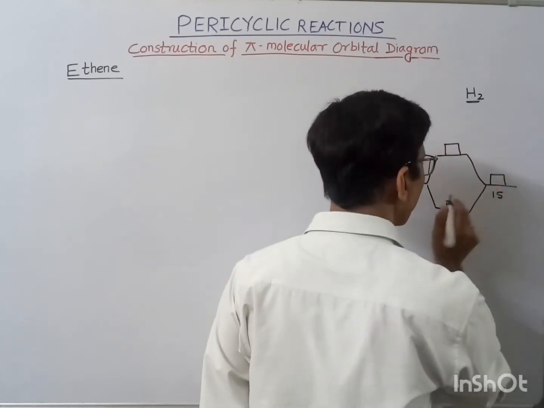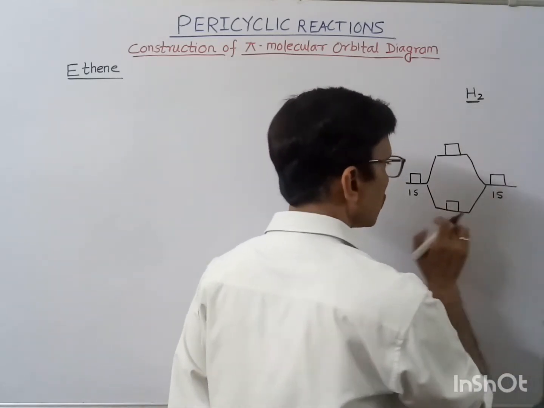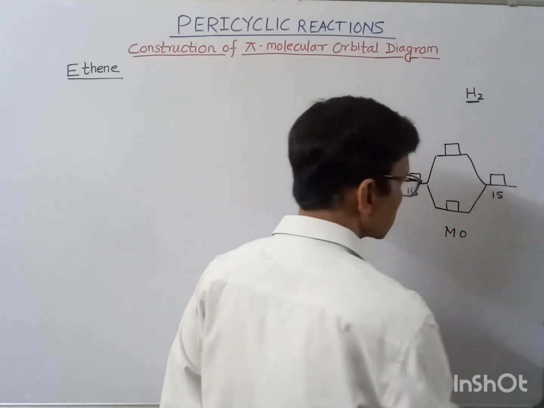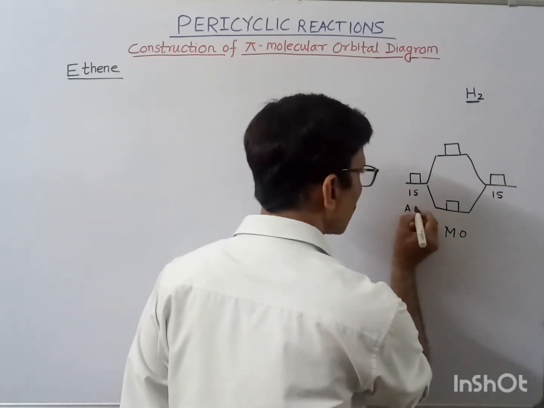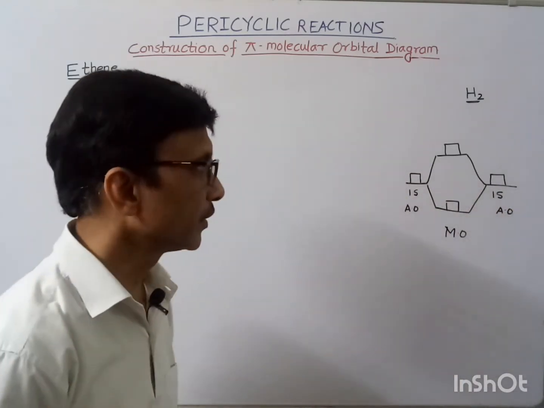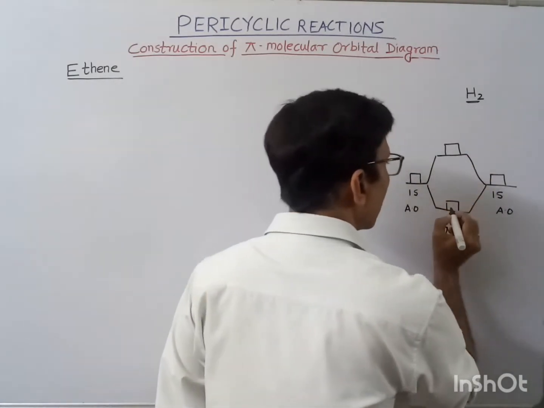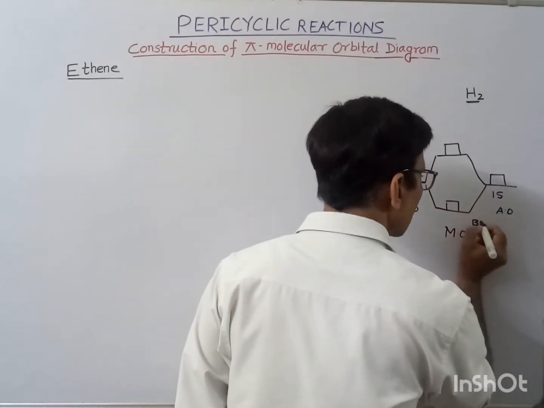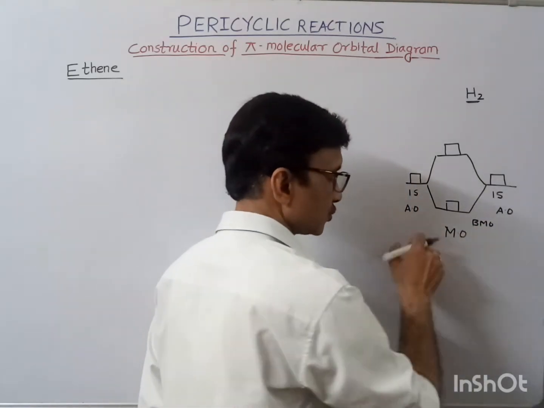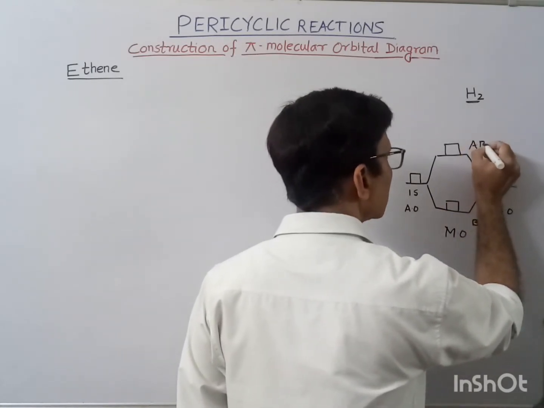So 2 atomic orbitals of hydrogen atom combine to give 2 molecular orbitals. Here these are the molecular orbitals and these are the atomic orbitals. One is called the bonding molecular orbital, which is the lower or stable molecular orbital, and another one is called the anti-bonding